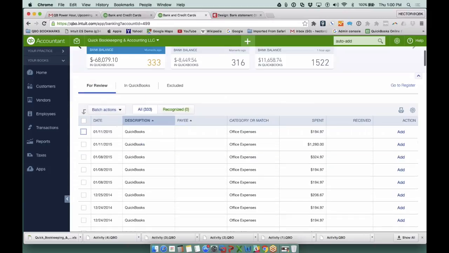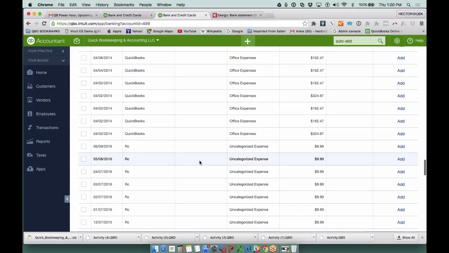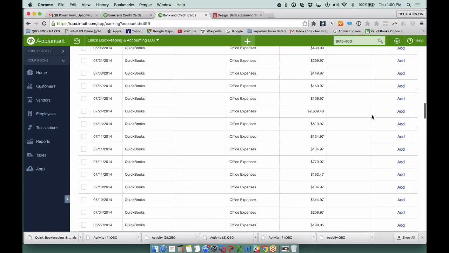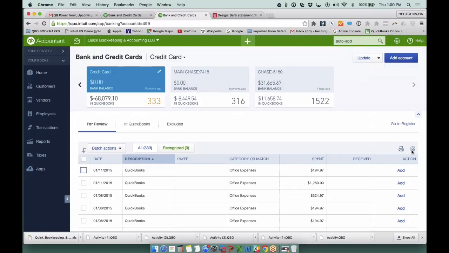I'm going to go down to the R's and show you that it doesn't say Ring Central anymore. It says RC. Now, don't get me started on how Intuit or QuickBooks figured out how to quote unquote clean up vendors. I actually didn't say it's RC. I said it's RC Inc. That's why one of the real cool things up here in the top, on the little baby gear here,